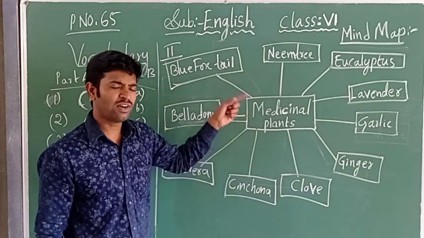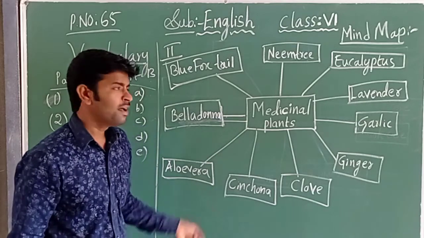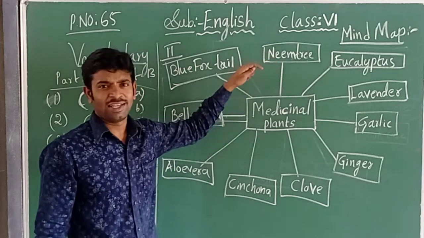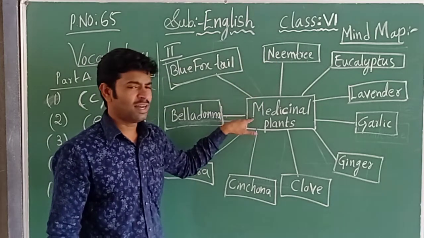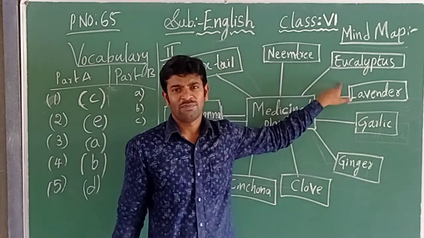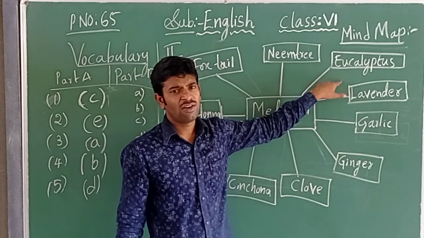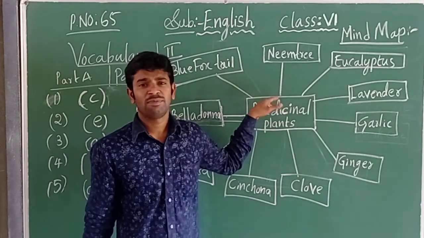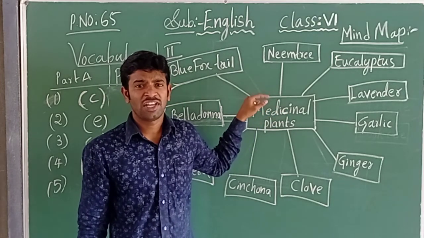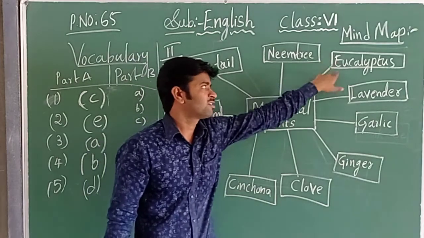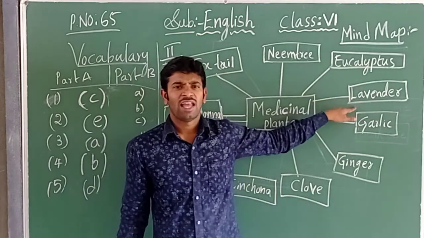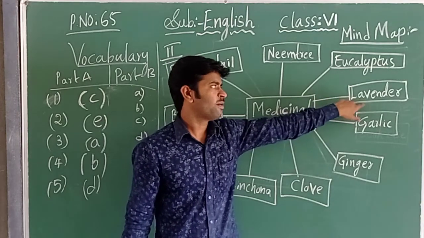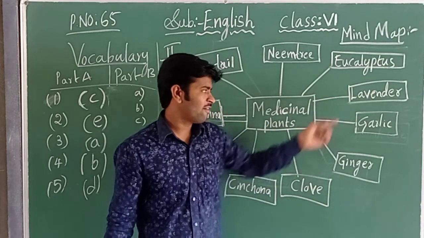That means we are writing the different types of plants which give us medicine. Okay. First one is the neem tree. Yes, it is very bitter. Yes or no, children? So neem tree is also one medicinal plant. Eucalyptus means you will be able to see the eucalyptus in our surroundings also. Eucalyptus is nothing but the Zinda Tilisma tree. So that tree is called the eucalyptus. Lavender. You can search on Google, children. If you search the name of the lavender, you will know which tree is the lavender tree.